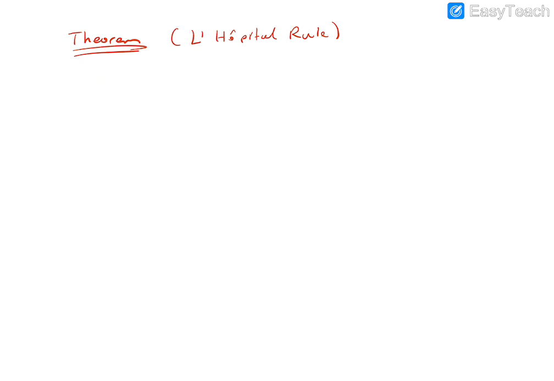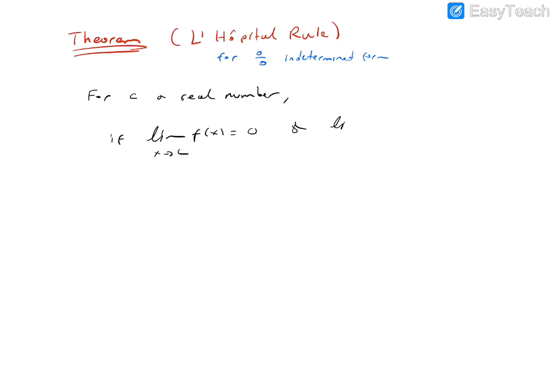Actually, here this is for the 0 over 0 indeterminate form. In the future, we will generalize for the infinity over infinity indeterminate form. For c a real number, if the limit of f of x equals 0 when x goes to c, and the limit of g of x equals 0 when x goes to c,